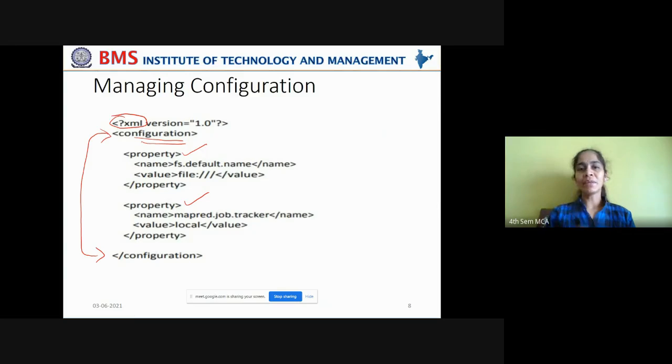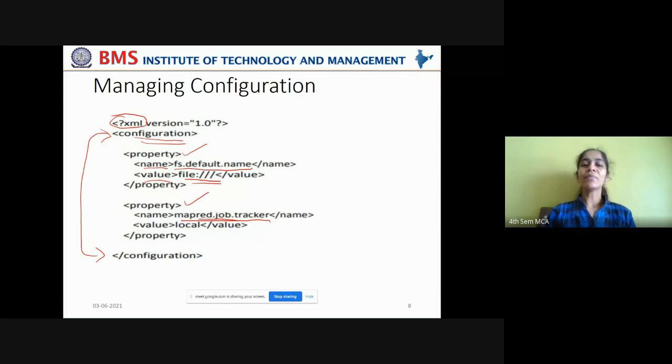These will not be that simple, but we are just taking, for example, two properties to be explained. In this property, what is the name of the property and the value it is set to? The name of the property that is set is fs.default.name. What is the file system default name that we are passing? The default file system path we can pass here as the value. And what is one more property that is set? mapred.job.tracker.